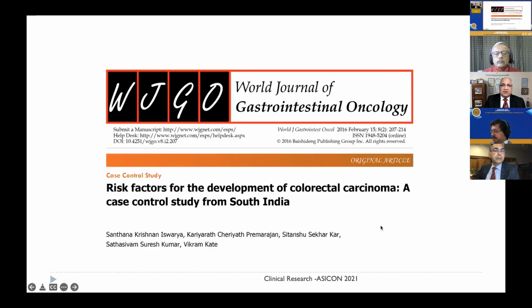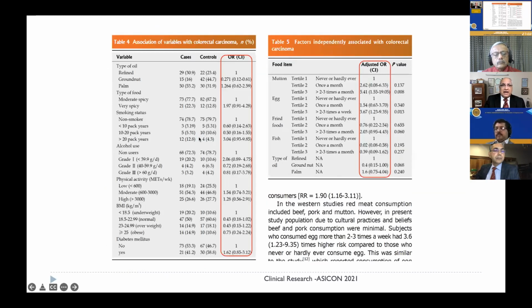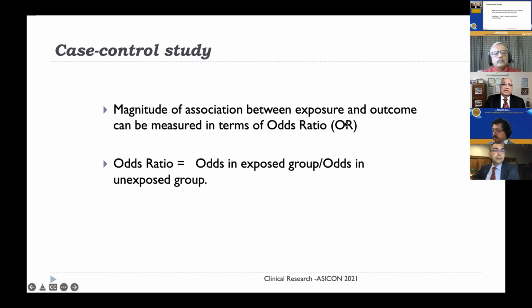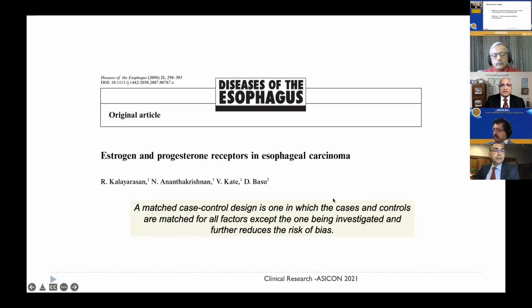You can see this example: colorectal carcinoma patients, studying the risk factors. It was a case control study from South India, and we particularly wanted to highlight the dietary factors. These are the factors we found that were actually associated with colorectal cancer. So we took colorectal cancer patients and no colorectal cancer controls, compared their dietary profile, and then got the result. Usually in case control studies, the analysis is done on the basis of odds ratio, part of statistics. I'll not go into the details of that.